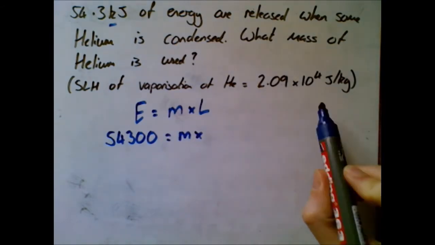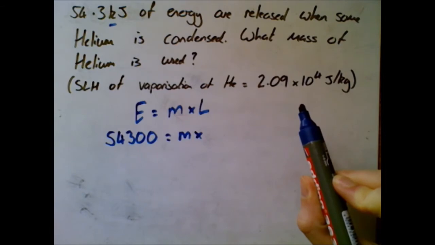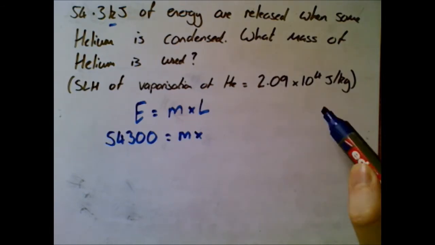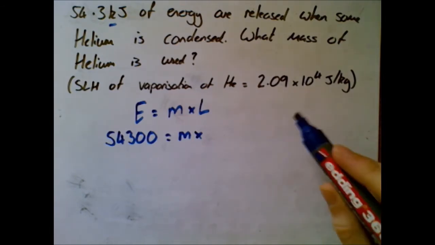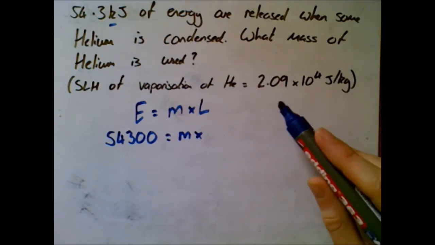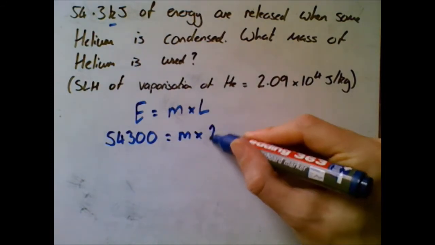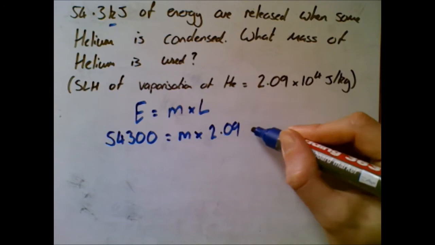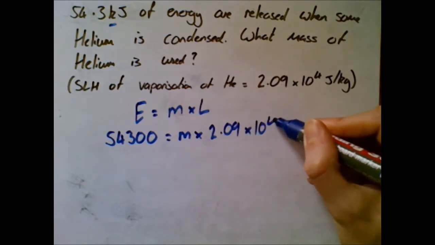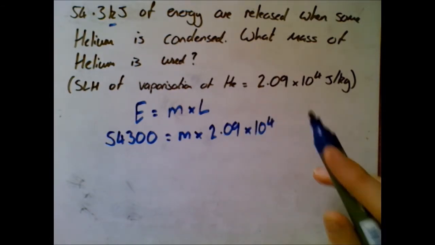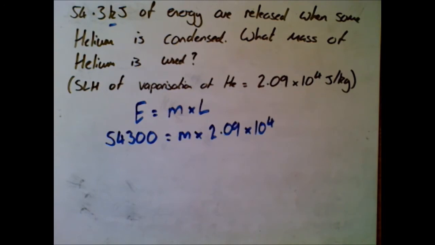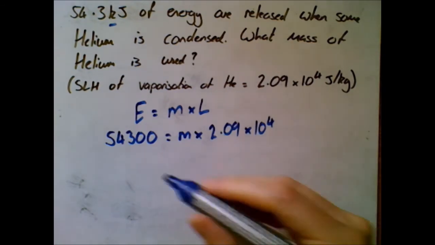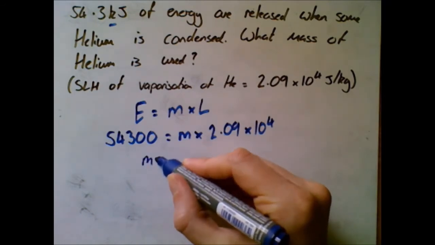I've done this on purpose. You can see here this written in standard form now. Most of you will be familiar with standard form. If not, you will do it in maths at some point. You can either write it down like that. That's probably the way I'd recommend doing it, to be honest. Or obviously, if you'd rather actually work out what that is as a normal number, feel free. So what I need to do then, to find the mass, divide both sides by this. So the mass is going to be